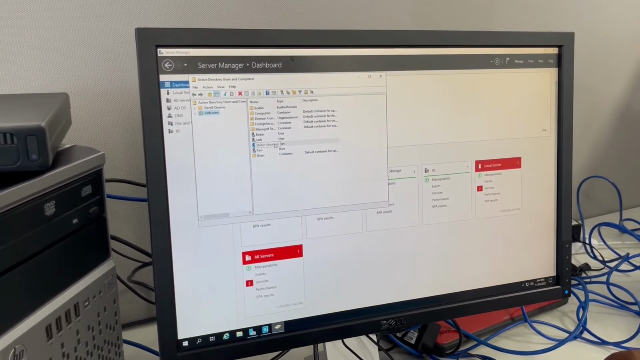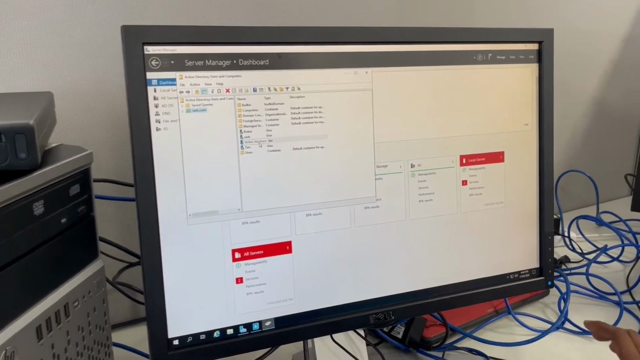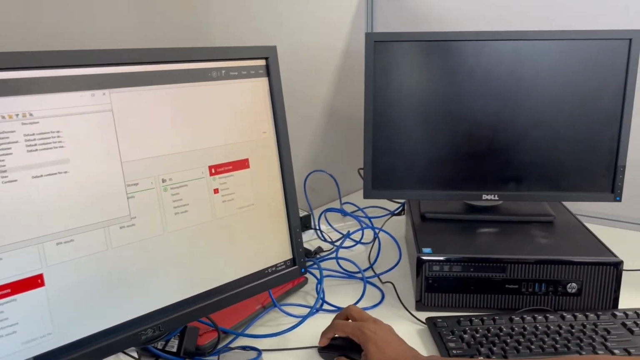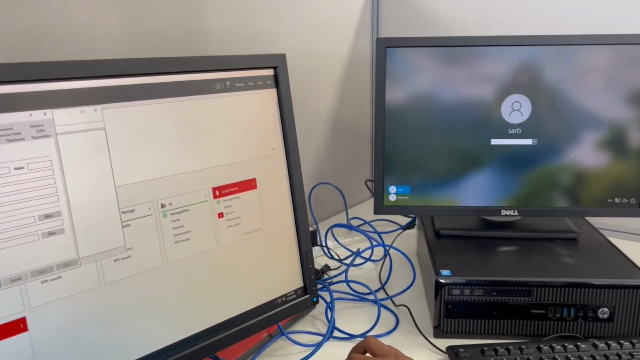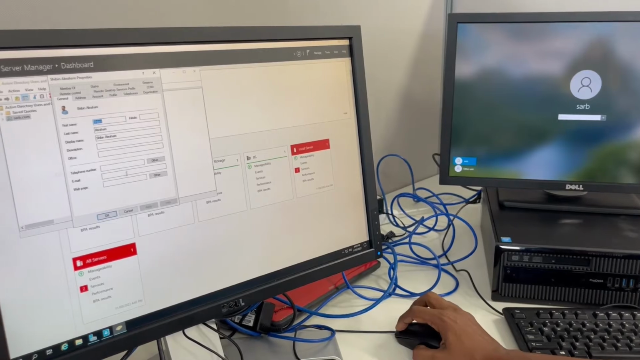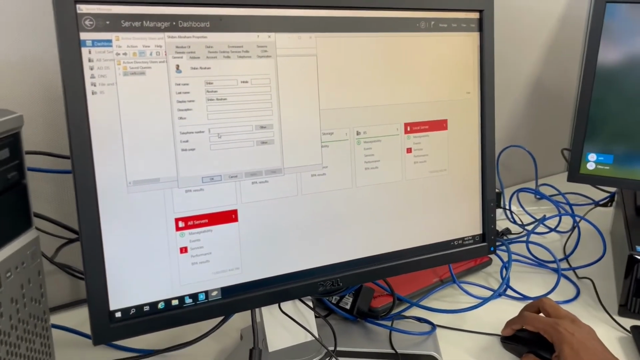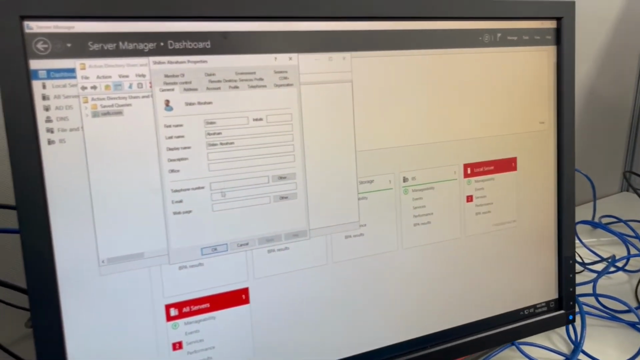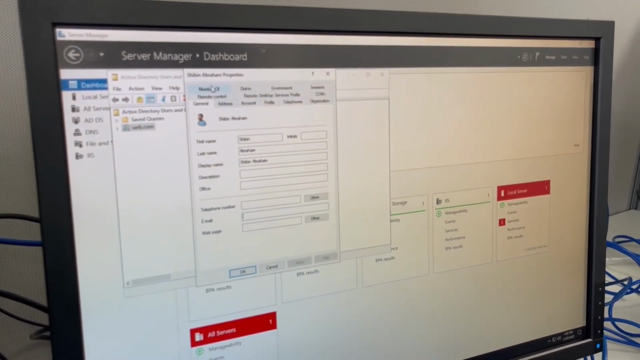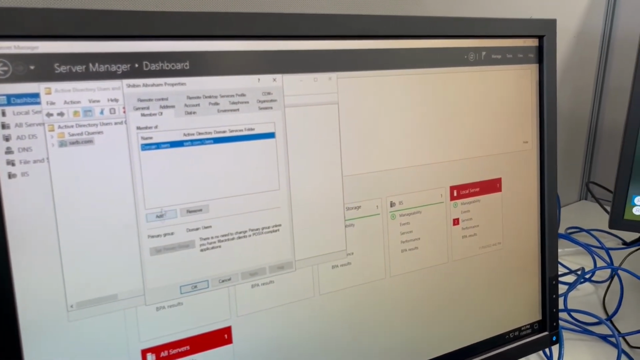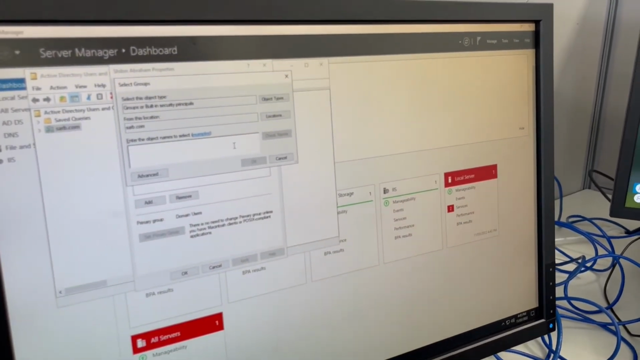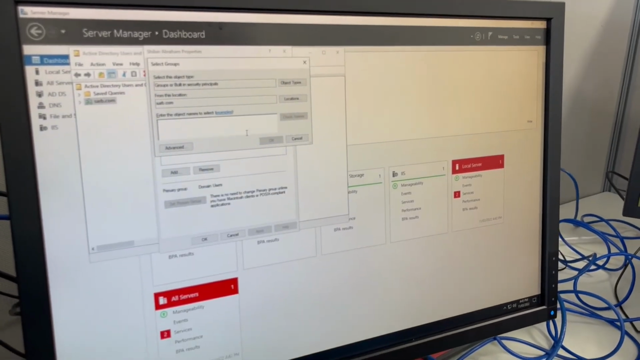Now, as you can see, the user has been created here. Now, let's say I click on the user and I want to see certain details about the user. If I want to key in the telephone number, the email address, I can go ahead and key in those details. If I want to make this particular user a member of a particular group, then I can go ahead and click on add here, search a group,